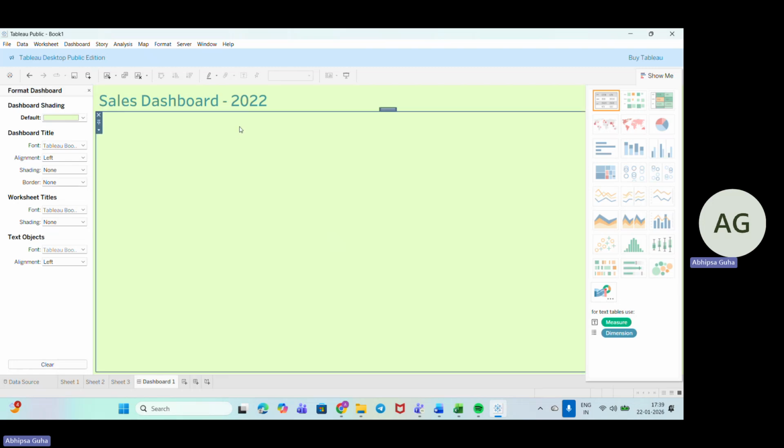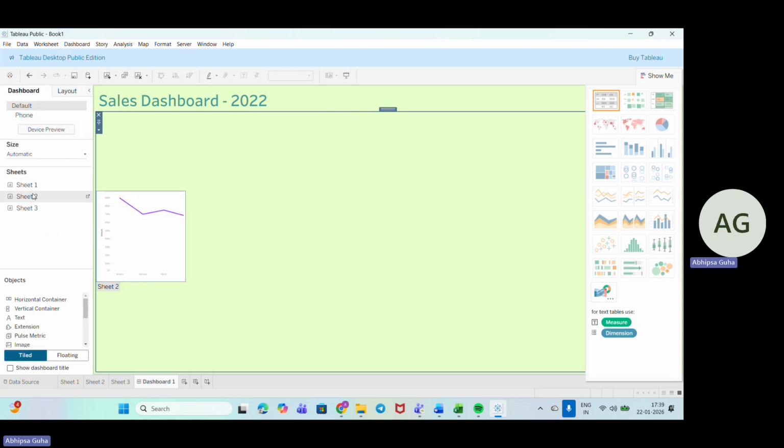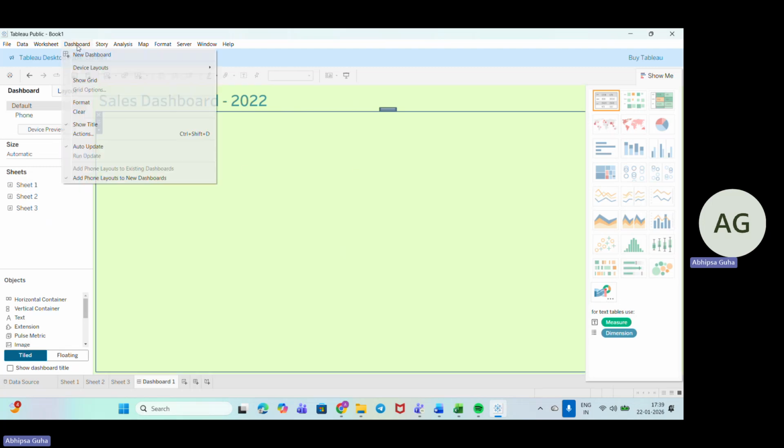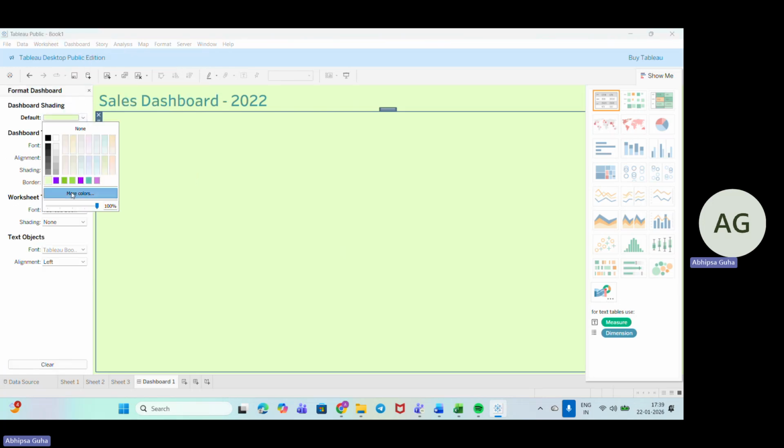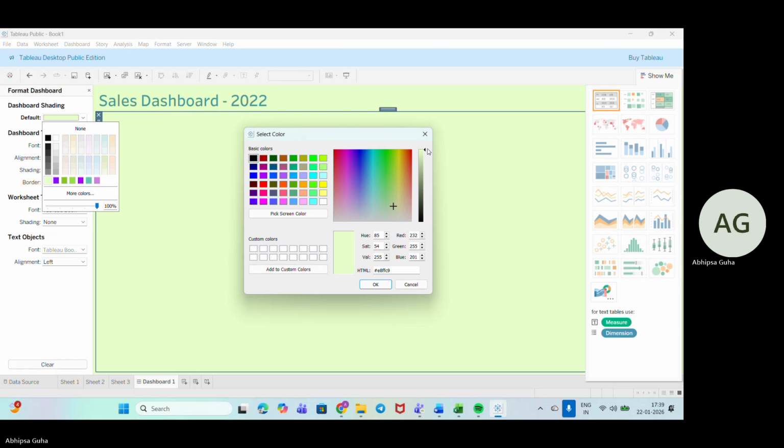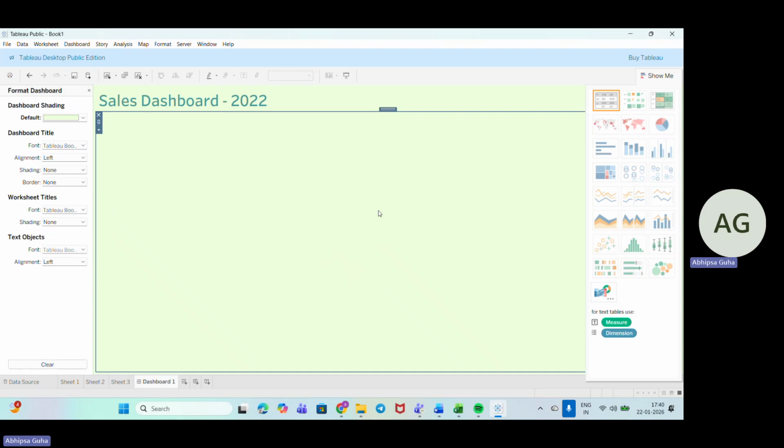Okay. So now we have to add the graphs out here. So you can just cross this and you will be getting all of the graphs out here. Now also the color is looking a bit darker to me. I'll just go again and change the color a bit lighter. Okay, fine.